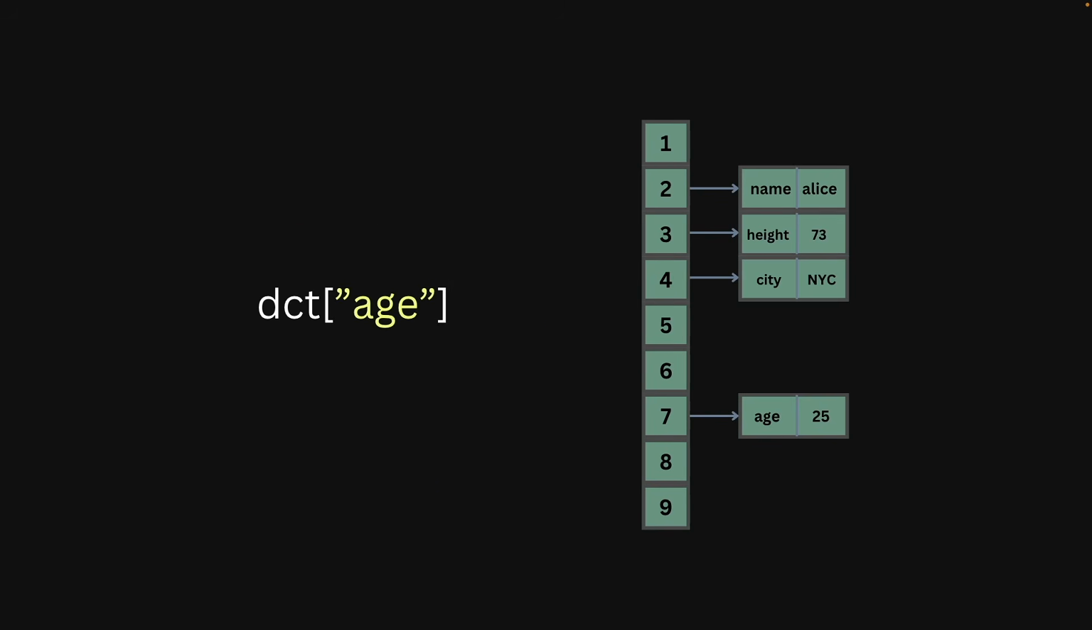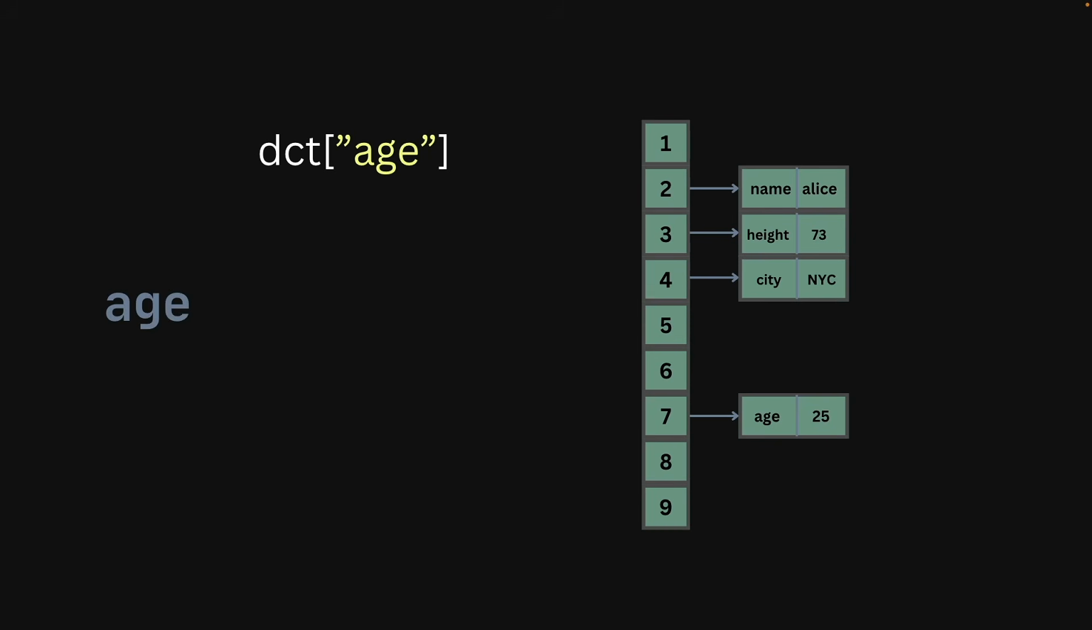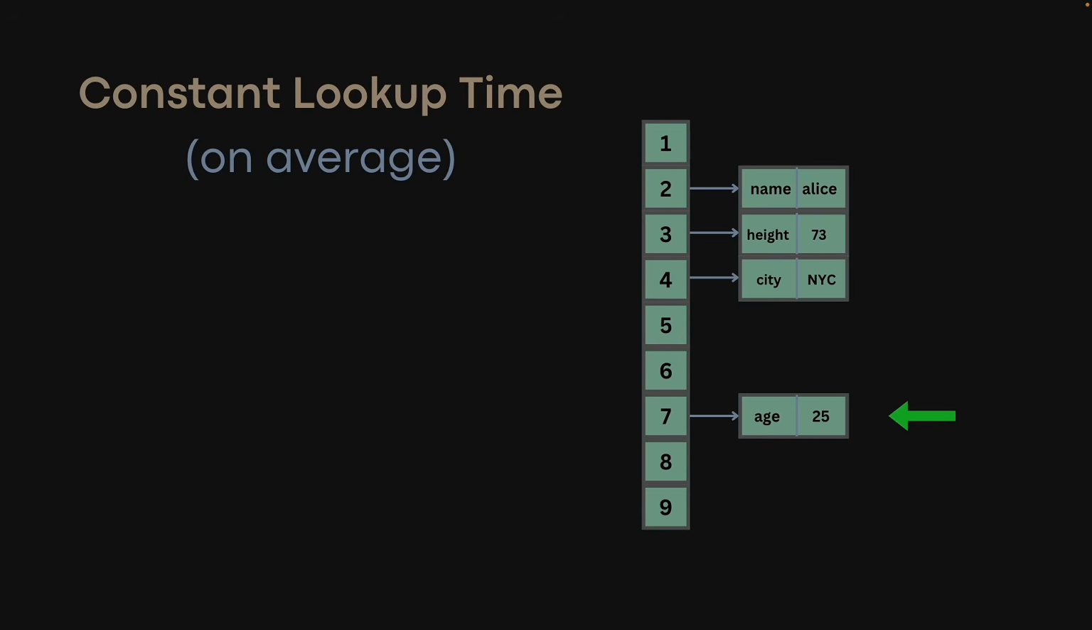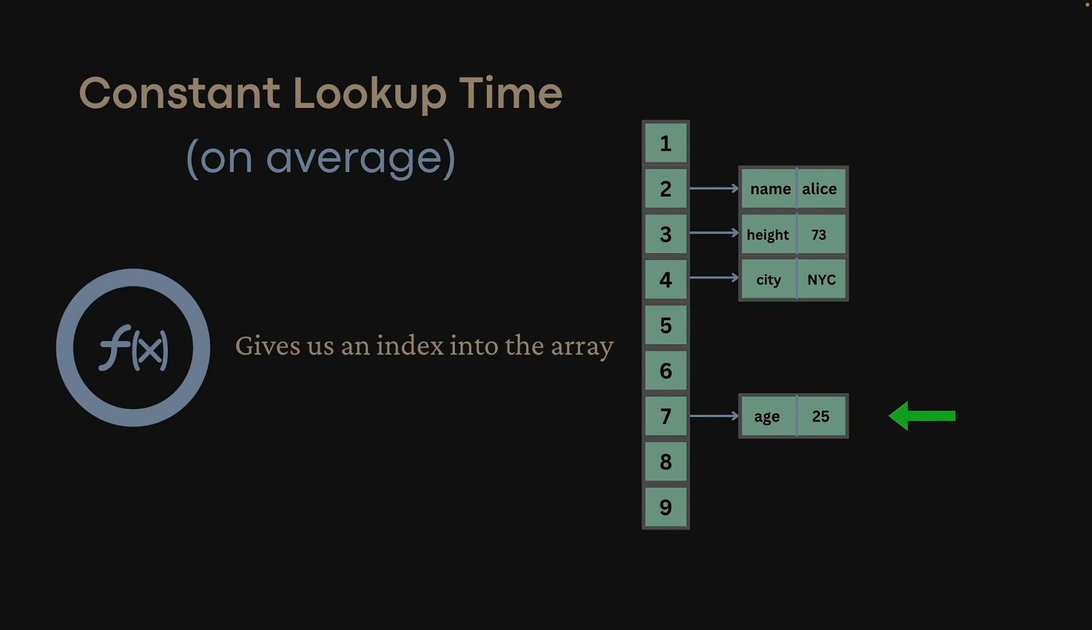Let's talk about lookups now. This is the Python syntax to look up the value associated with the key age. It's the same process as before. The key is passed into the hash function, and we get the index of the hash table associated with the value. Lookup time is constant, or O of 1 on average. This is because the hash function gives us an index into the hash table, which we use to index directly